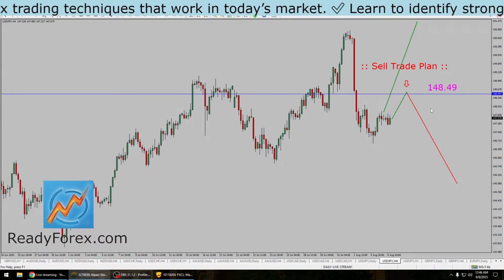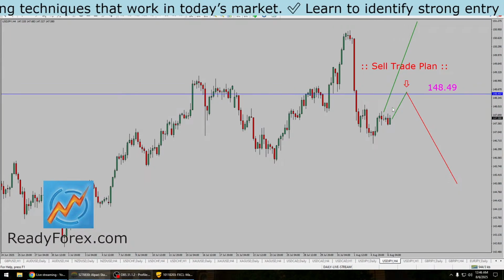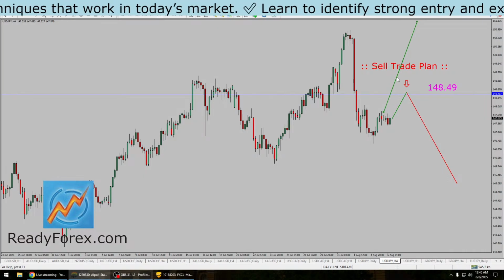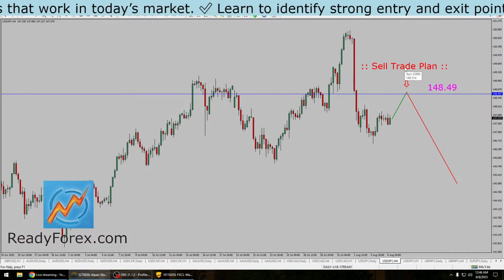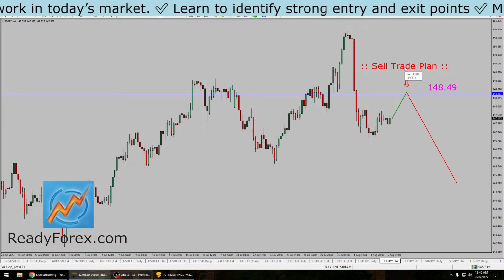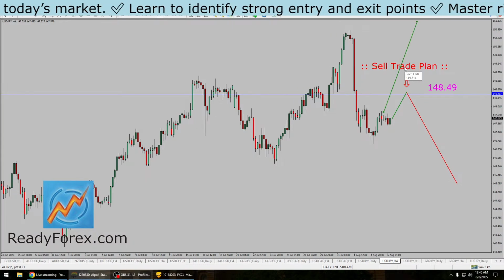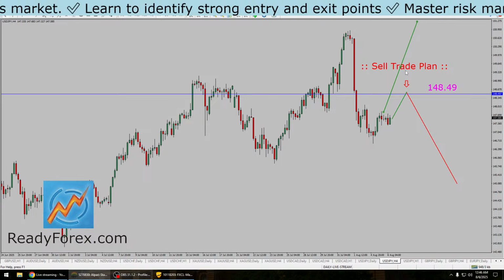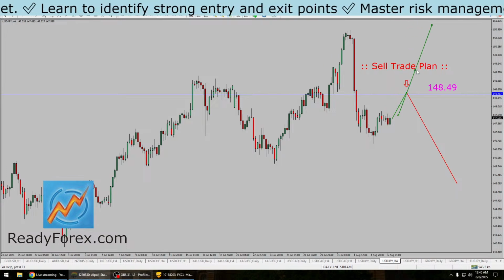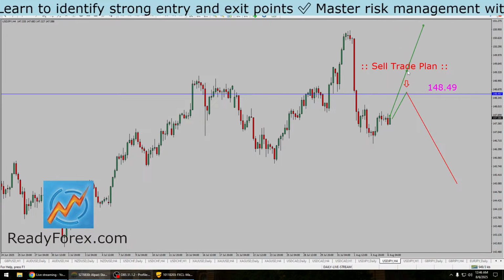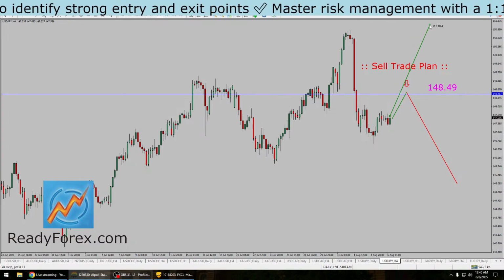Do not just jump into the market at the 148.49 area. Sometimes price just keeps going up, and if you just try to sell it at 148.49, you're going to lose money. So you want the price action to reach the 148.49 level and then show some sort of a bearish reaction